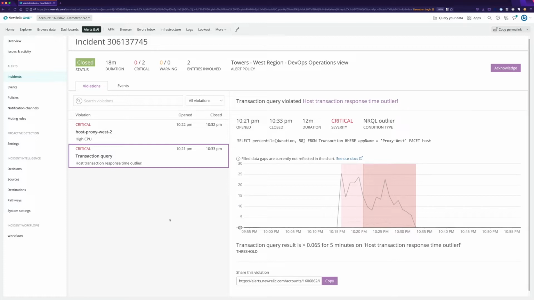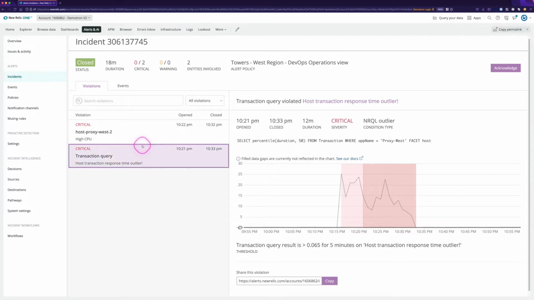So first off, we're looking at an incident. In this case, it is closed. We can see up here that this incident is currently closed. So you can imagine that this scenario is when you're coming in to look at an incident, when you're performing a retrospective, trying to understand what went wrong to make sure it doesn't happen again. But also the same processes can be implemented if this was an open incident and you're just looking at the open violations here.